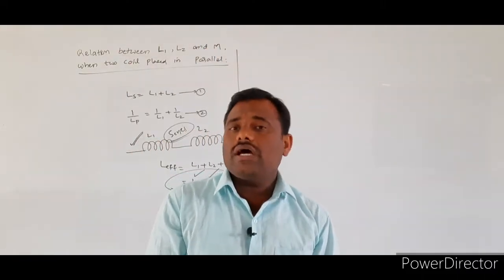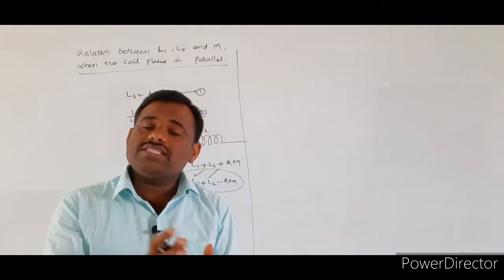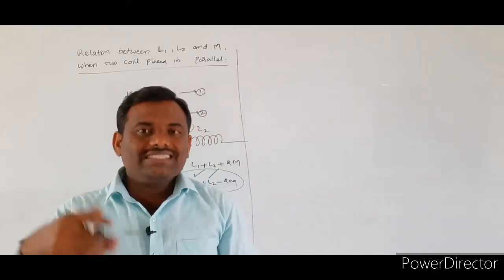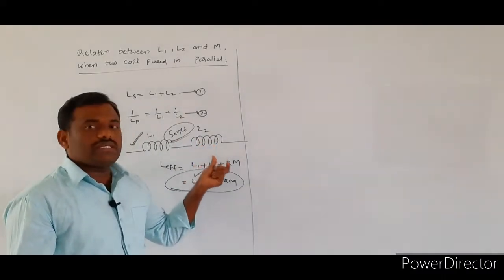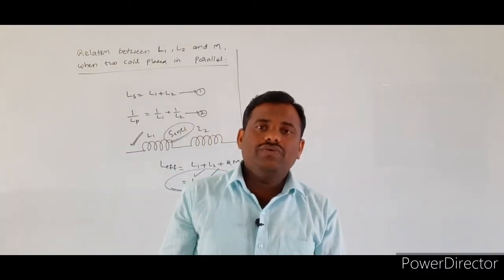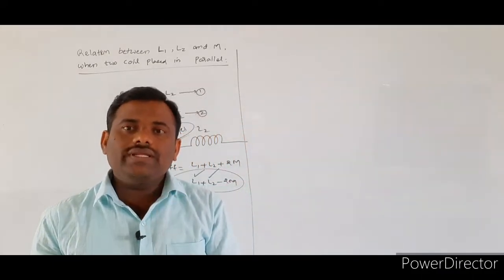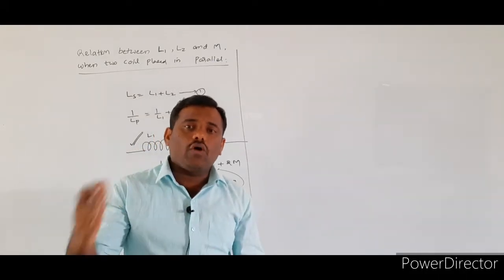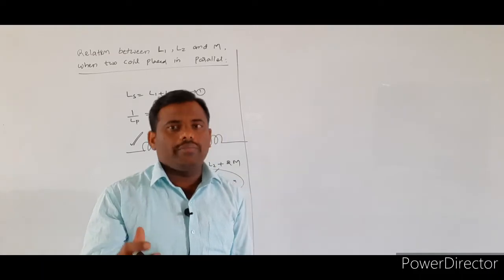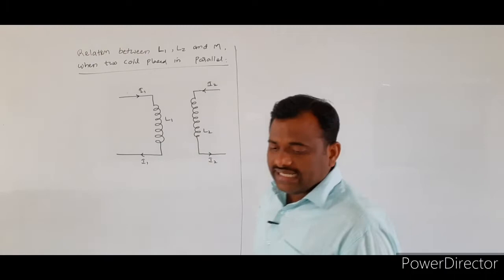Here also we are going to discuss the flux linked with the first coil due to the self-induction as well as the mutual induction. Similarly, the flux associated with the second coil due to self-induction as well as mutual induction. So, here we are going to introduce the phenomenon of mutual induction between the two given coils, whether they are in series combination or in parallel combination.